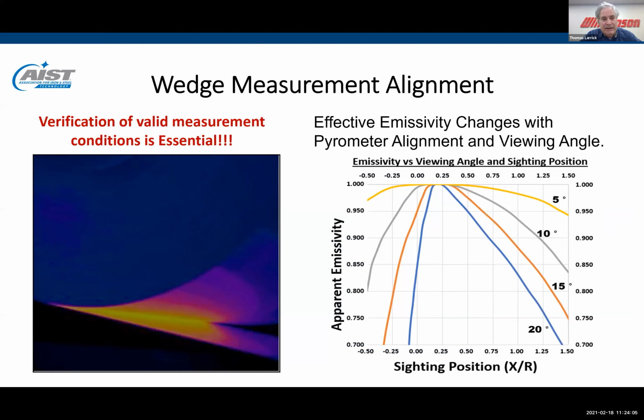But the ability of that emissivity to approach 1 depends upon where you aim. So this thermal image of a roll and a strip coming together shows an apparent temperature change, but that's a false temperature change. What's really happening there is the emissivity is increasing as you aim closer and closer to that roller nip. And depending upon the angle at which you view, this sweet spot where the emissivity is essentially 1 will vary